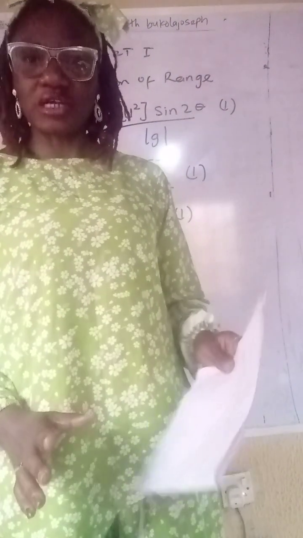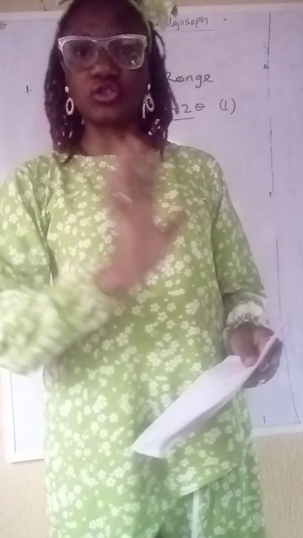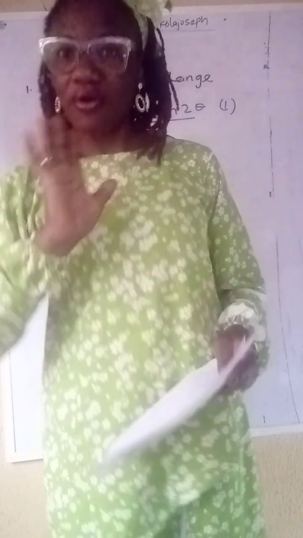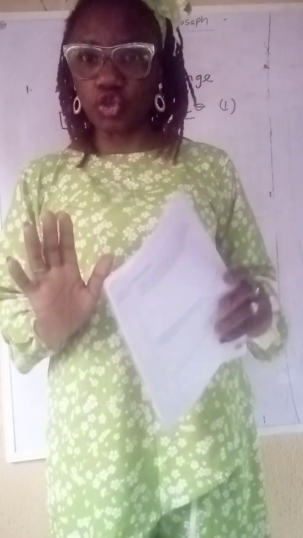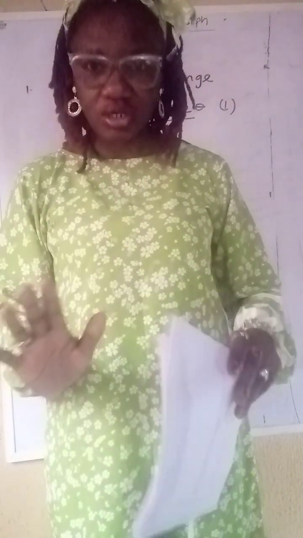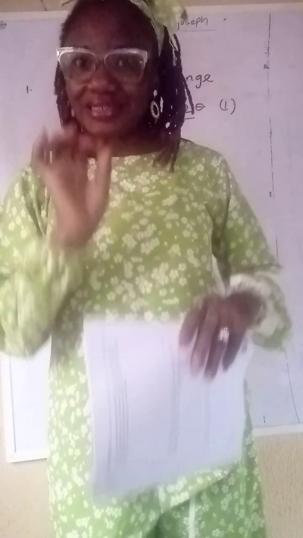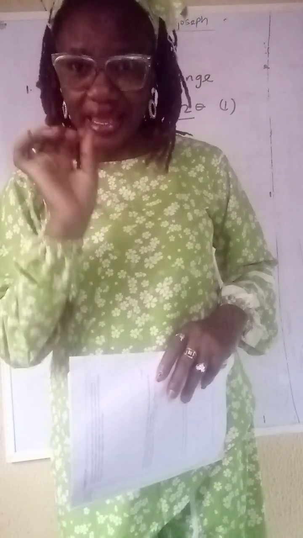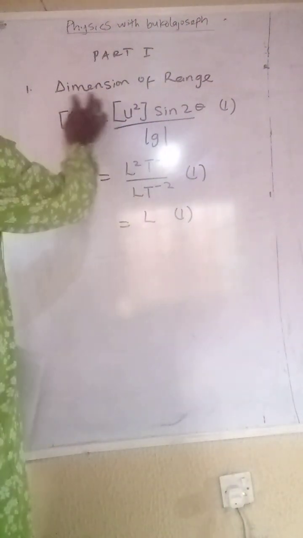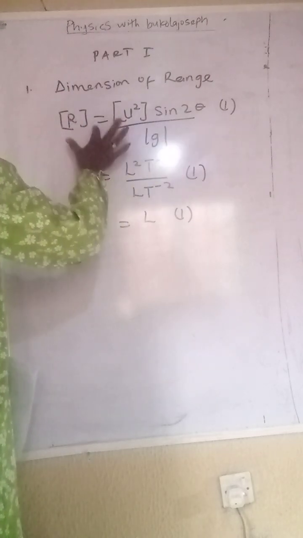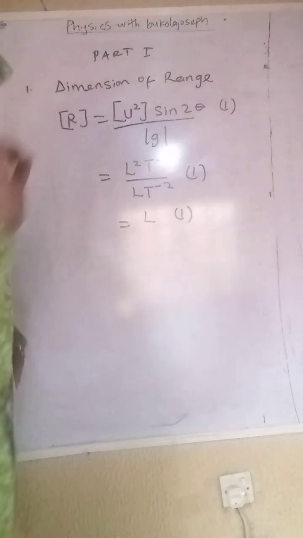Now, I know this kind of question, there are so many ways you can solve it, but however, the WASSCE marking scheme is where you are going to earn your marks. No matter the method you use to solve this problem, this is exactly what will earn you marks. Let's check it out. For bringing out the expression that was given in the question, R is equal to u squared sine 2 theta over g, if you are able to bring this out, you earn 1 mark.